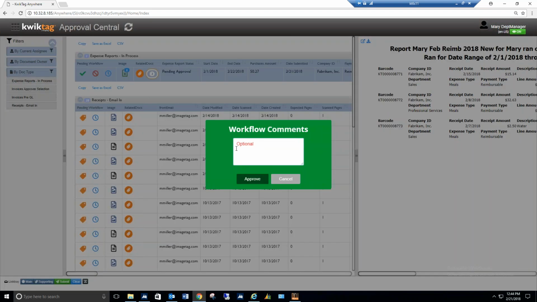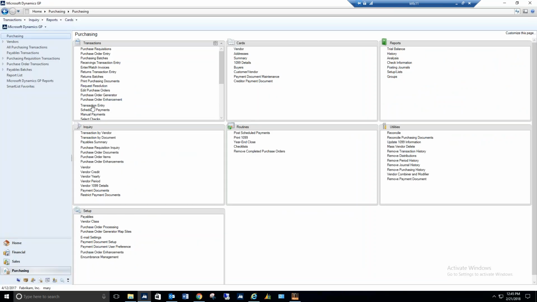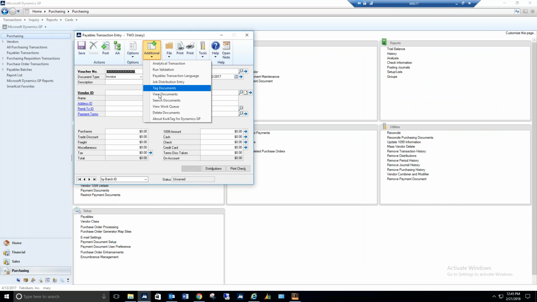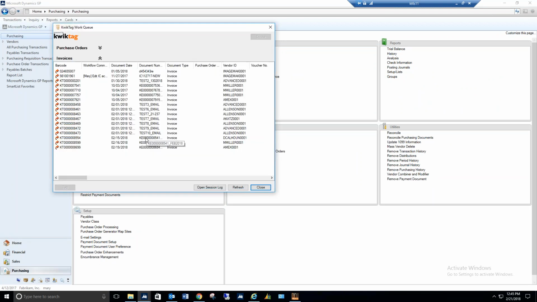Once I click approval here, say expenses are approved. Comments here are optional, so we don't have to enter them, but it makes it easy for us to track it in the workflow steps. Once that's done, now that payment comes to my payables transaction entry in my additional work queue for QuickTag that's available for me to process just